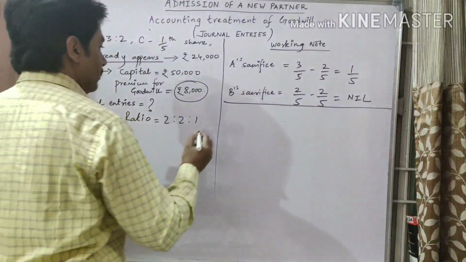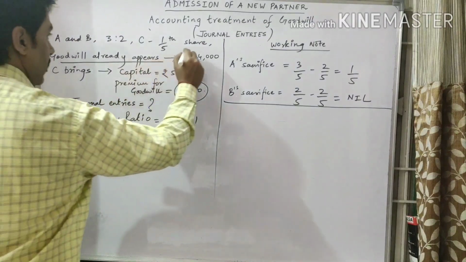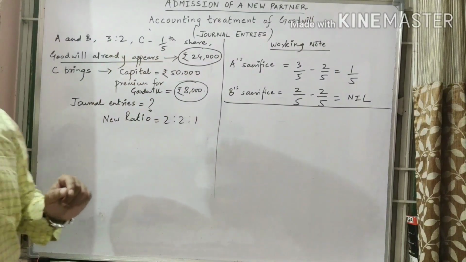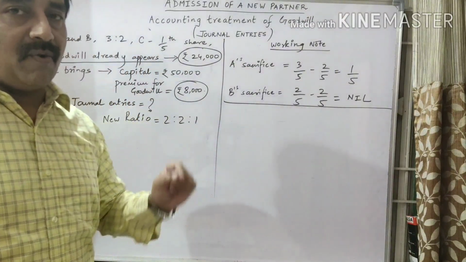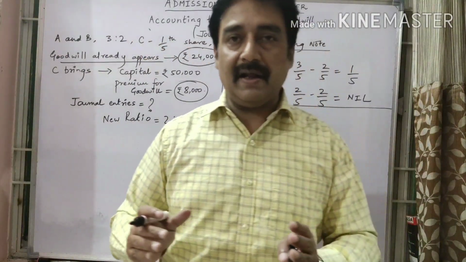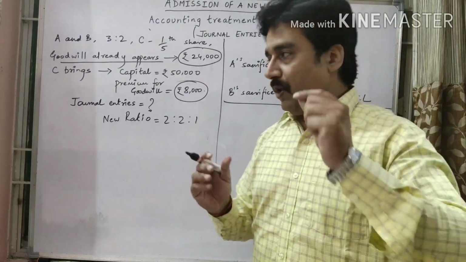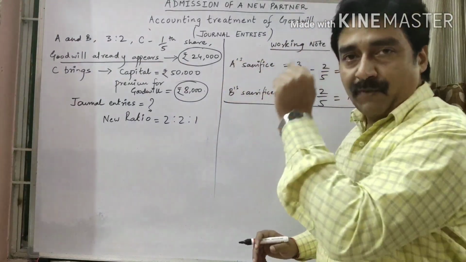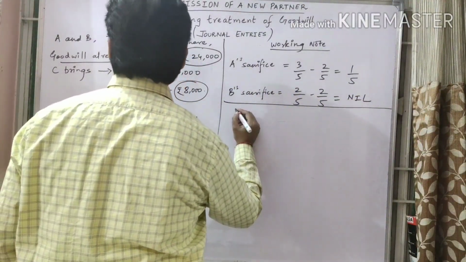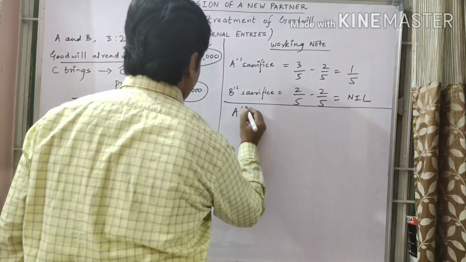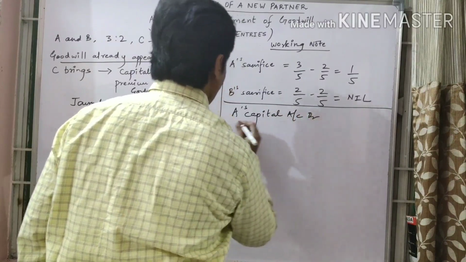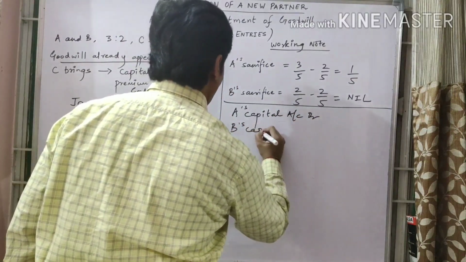The first journal entry, first of all, they are giving us this information that goodwill already appears in the balance sheet at 24,000. I told you that this goodwill is to be written off immediately every time in any of the questions. If you find that goodwill appears in the balance sheet, you will be passing this entry, which I am going to do right now. The entry for writing off goodwill appearing in the old balance sheet goes like: old partners' capital accounts debit, which here means A's capital account debit, B's capital account also debited